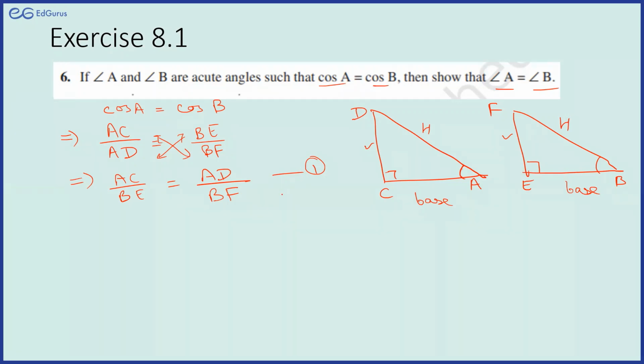So इसमें अब हमको same जो हमने किया था, we will use Pythagoras Theorem. So we can say CD को we can write in terms of AD and AC, right? And FE also I can write in terms of BF and BE,